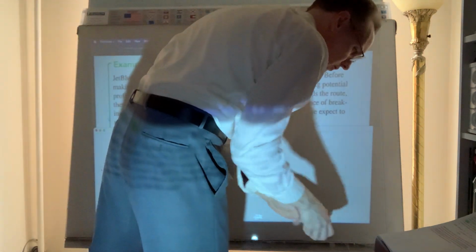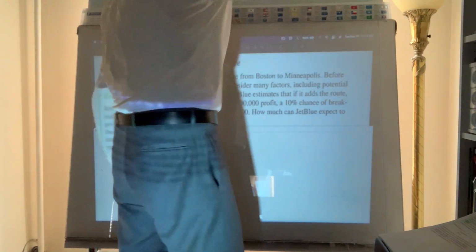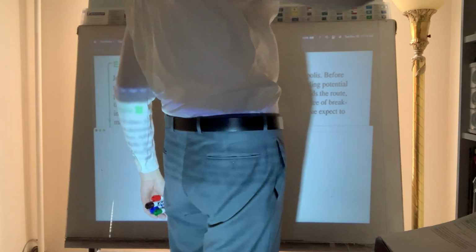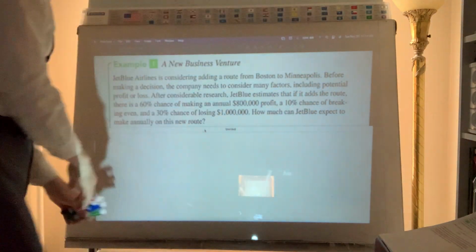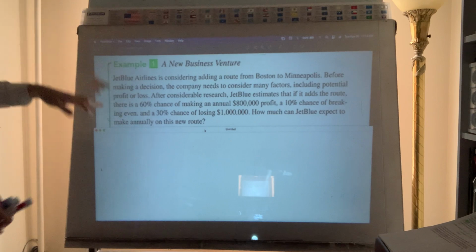See if my red holds up today. Hopefully we'll find some new markers if necessary. Assuming you can't really read this from far away,